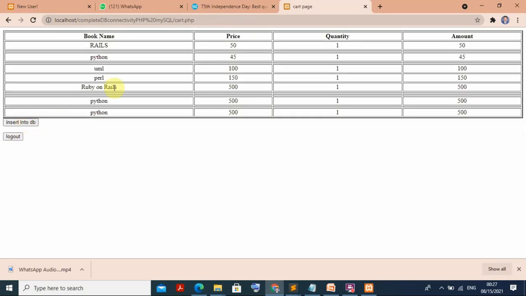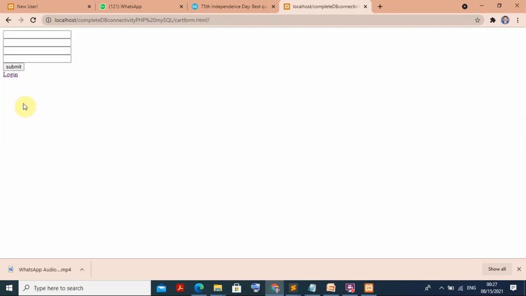You see the book name I have given is not inserted till now, and it is not yet in the database. Now insert into database. For this I am writing MySQL PHP, and here I have given 1200 rupees, and here one item, and here also 1200 rupees. Then when I submit it here, it will be inserted. You can clearly see it says inserted successfully. Whether it is inserted or not, you can check it there.